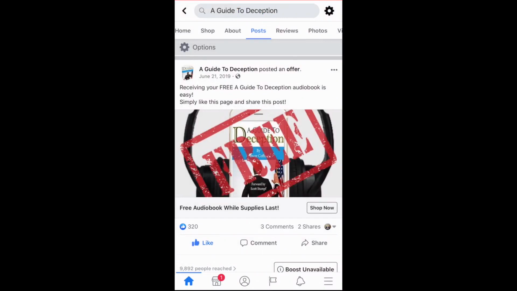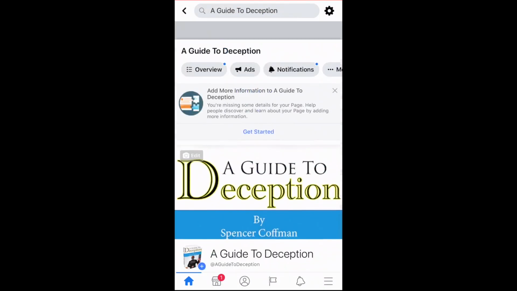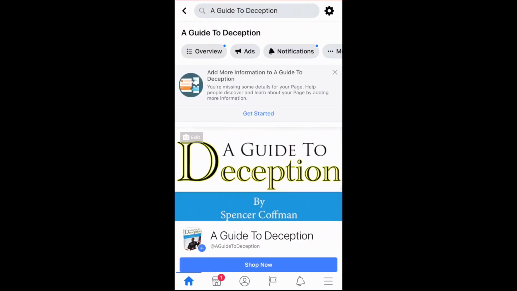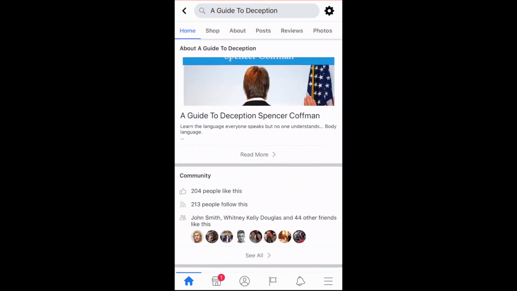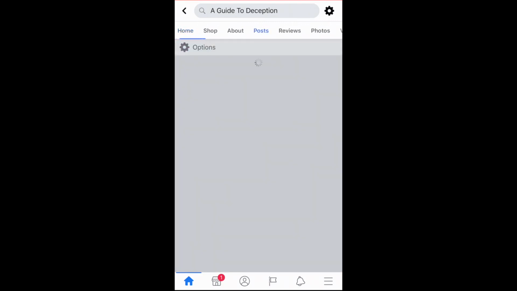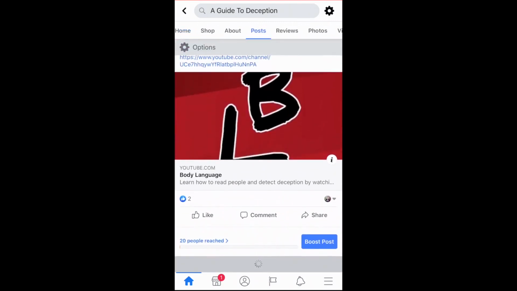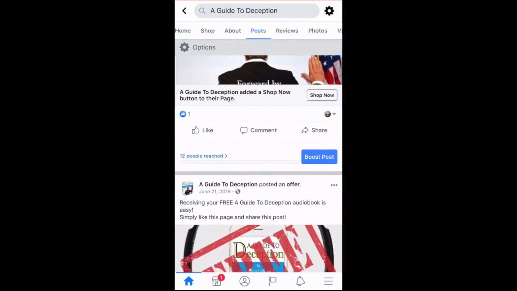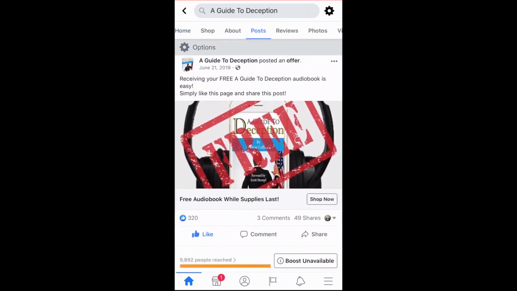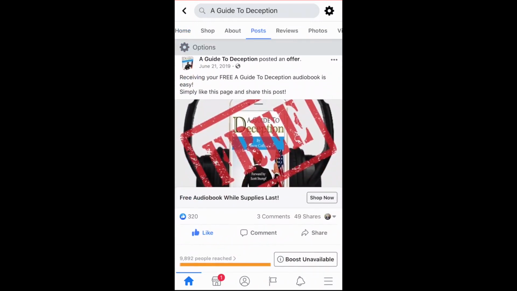Okay, so let's check out the number of shares on this post now that we've done it. We're going to refresh this whole page, so I'll reload it. Keep in mind, when we started out, there were 2 shares at the beginning of the video, so you can rewind and look back just to double check if you want. But here we go, so we're going to refresh this as soon as it loads. Okay, so here we go. And now look at this. We're at over 40 shares here because of this.